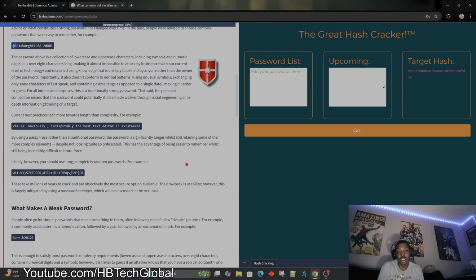Current best practices lean more towards length and complexity. For example, "Vim is obviously the best text editor in existence." By using a passphrase rather than a traditional password, the password is significantly longer, still retaining some of the more complex elements despite not looking quite so